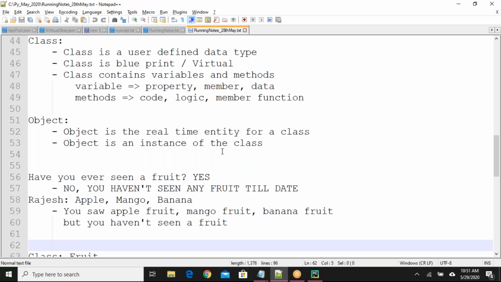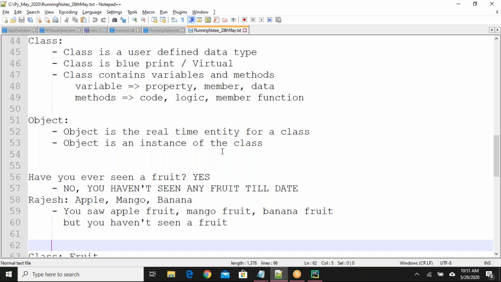What does a class contain? A class contains members and member functions, or simply variables and methods. Clear? Next, coming to the object. What is an object? An object is an instance of a class, or you can say it's a real-time entity for a class.